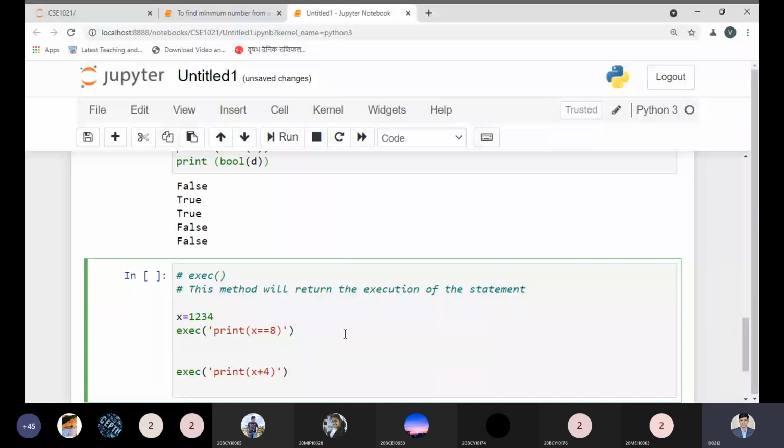Now tell me what is happening over here. We are trying to print x is equal to 8. See, you are trying to print, so okay.